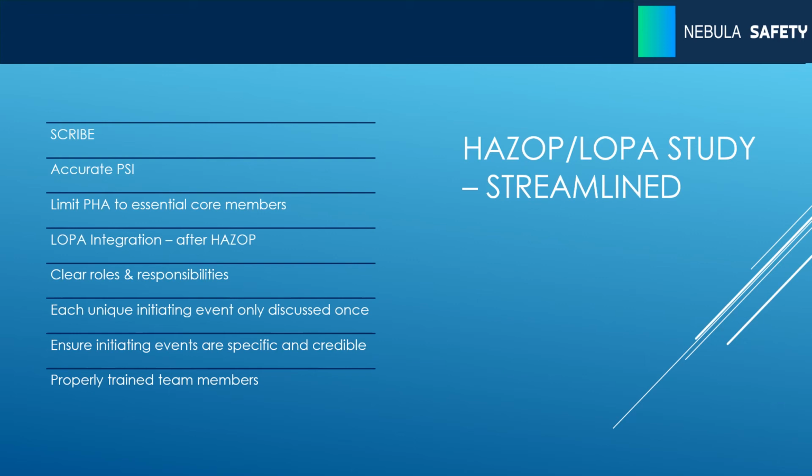But if this is significant, the layer of protection analysis really takes a look at those safeguards the team relies on and makes sure they're going to be there when the team needs them most. And so you want to bring in LOPA, layer of protection analysis, as a second check on some of your high risk scenarios. For that reason, we typically recommend having that LOPA after the HAZOP conclusion, as LOPA employs a